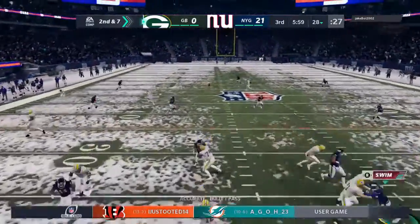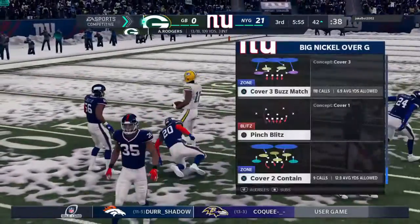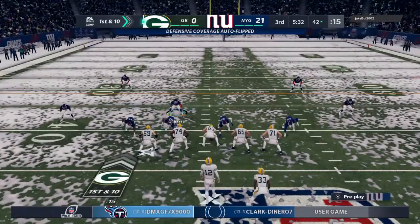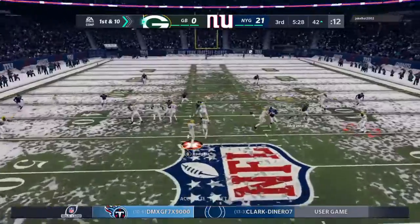It got his man, complete. A gain there of 30 big ones. Obviously, they're not where they want to be right now on the scoreboard. Big plays like that, though, that'll trend them in the right direction. Yeah, a few more like that, they'll be...